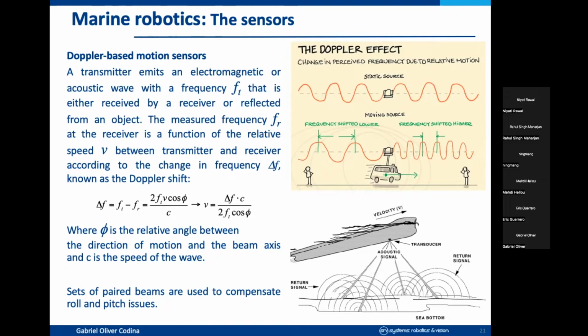One of the typical ones that our vehicles use is what we call a DVL, a Doppler velocity log, which is based on the Doppler effect. I'm sure all of you know that the Doppler effect is the physical effect that shortens the wavelength when we have a source approaching a receptor, and increases the wavelength when this source is going away from the receptor. So based on this effect,